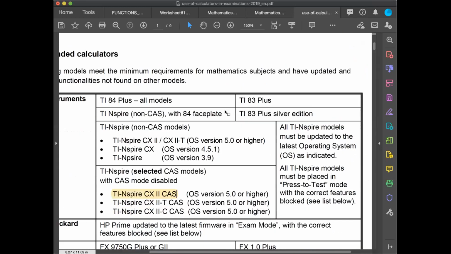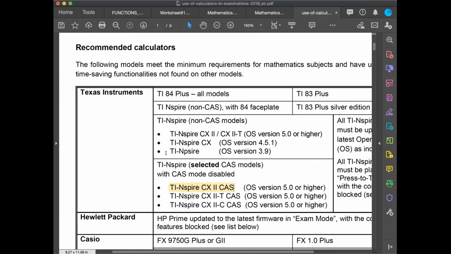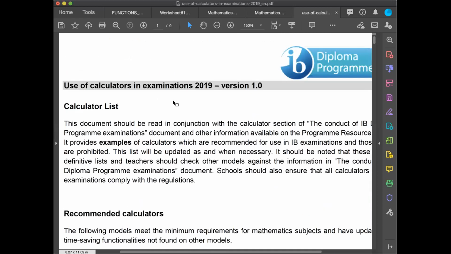So why then is the CAS recommended if it's to be shut down for the exam? I mean, if that is the thought that we have in our mind, saying that on the exam day the CAS will be shut down, so what is the use of buying a CAS? We think like that. I think we've been trained to think like that. We've been asked to think like that, but thankfully, I believe the reason I'm sharing this with you is